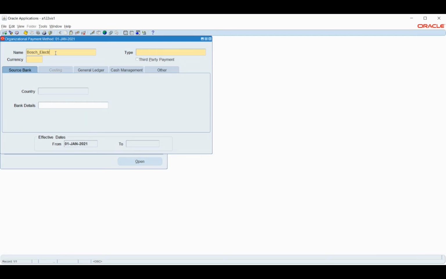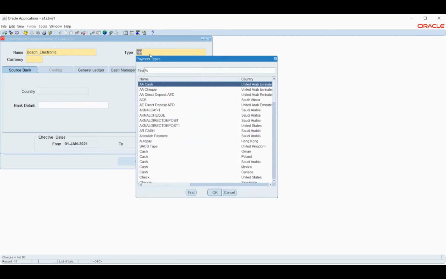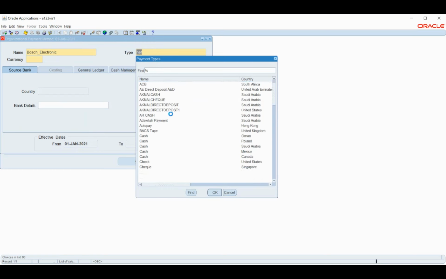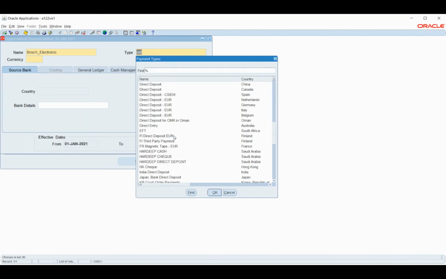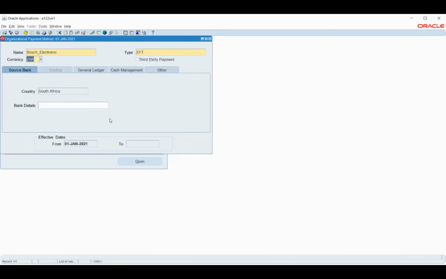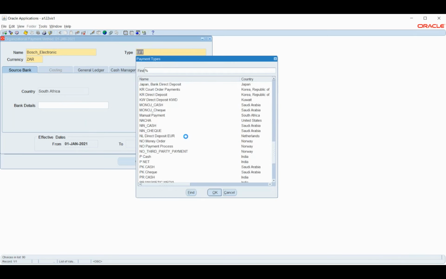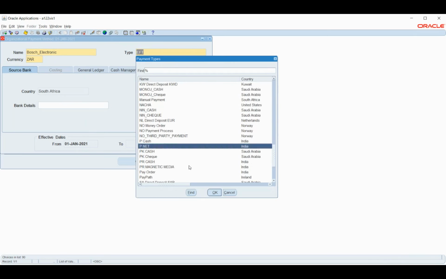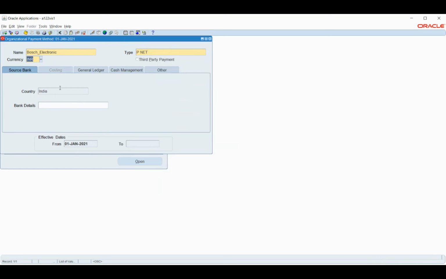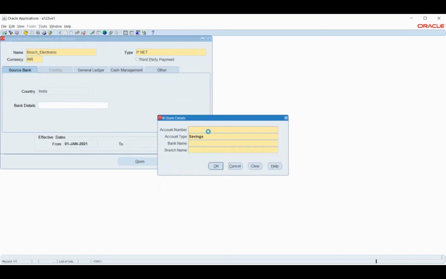We'll see electronic. Okay, let me take NEFT transfer.